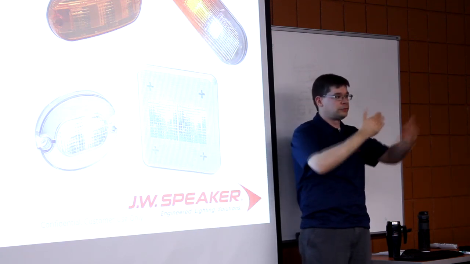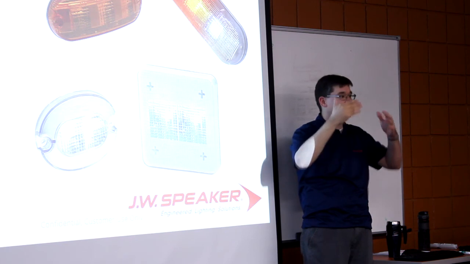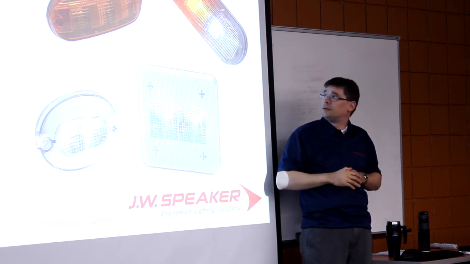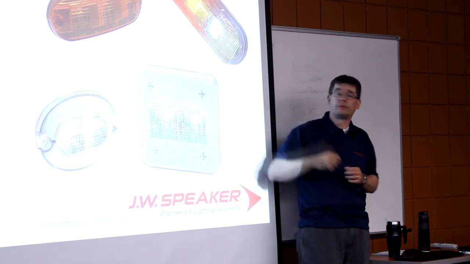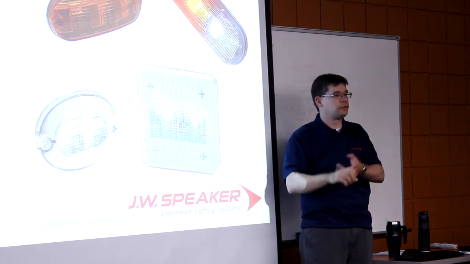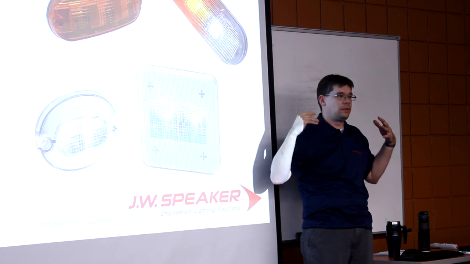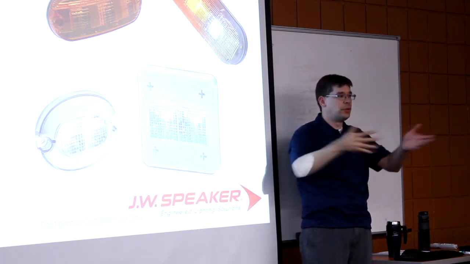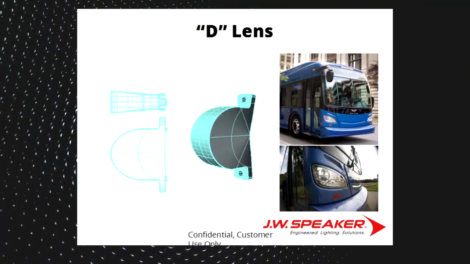So it's a whole bunch of very, usually tiny, precisely placed optics. The advantage of doing this in here is we don't have to collimate the light and then spread it. We can take whatever light's coming from the source and, with one optical surface, bend it where we want it to go. Then we have D lenses, which we use in a lot of our headlights, which look like this,